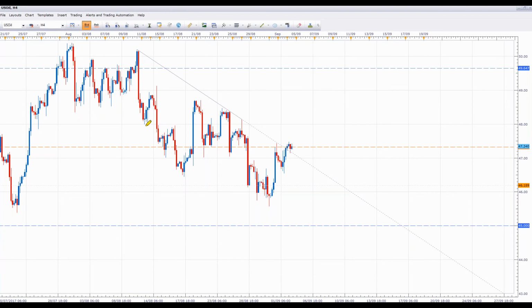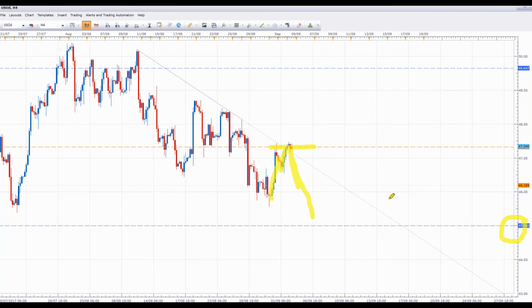So we're not going to say that this is completely negated, but we are going to use the same principle that we're using on the US dollar index this week, which is that as long as we stay below here, we're going to view this as correctly intact, and we're going to look for further declines to the downside. And we're going to be looking towards the $45 barrel mark. So if we get a decline down here, we may see a little bit of weakening in CAD, although CAD is looking one of the strongest going into this week. If, however, we start to get a break up into this area, then certainly that is going to help the strength of the CAD, and we could see a very strong CAD this week.